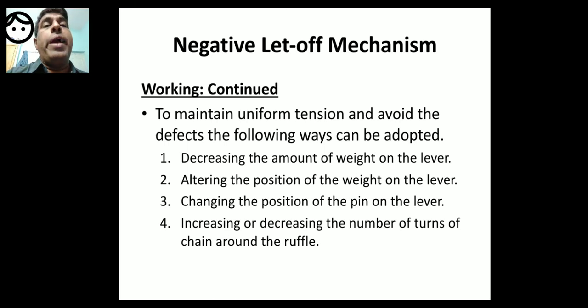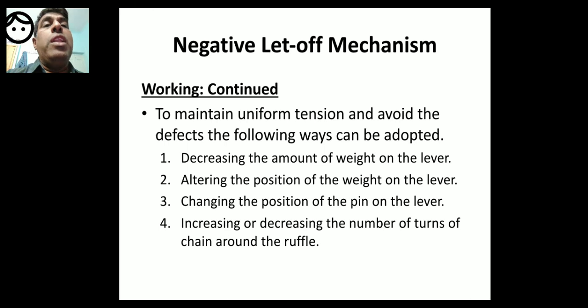So all these 4 points, what do they do? Depending on the warp characteristics, suppose there is a heavy count, then all these 4 should be managed accordingly. If there is a finer count, it should be arranged in a different way. Suppose it is polyester, it should be arranged differently. Suppose it is a polyester and cotton blend, then it should be arranged differently. Dead weight should be changed accordingly.